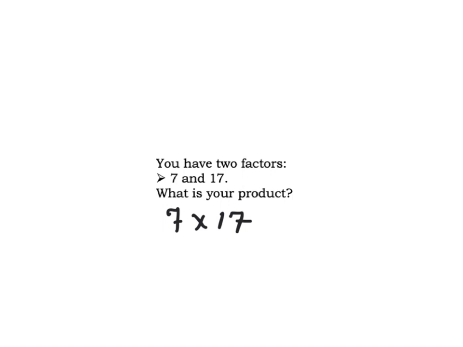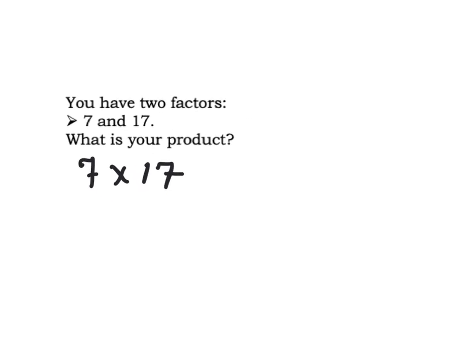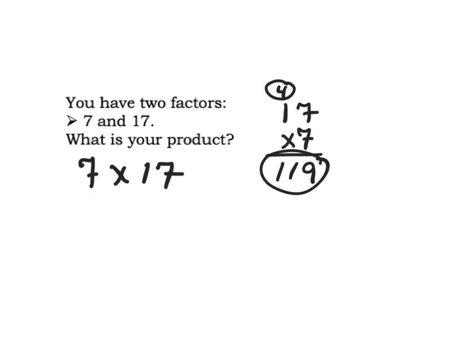Now, the first thing you want to do is be able to do the standard algorithm. And I always like to take the bigger number and put that up on top. And then you're going to put the smaller number or the one-digit number right below. And then you simply multiply these two and then multiply these two. And it's super simple. So let's go ahead and do that. 7 times 7 is 49, and you're going to drop your 9 and carry your 4 right there. And then 7 times 1 is 7, plus this 4 right here is going to give you 11. And voila, right there, my friends, is your answer,